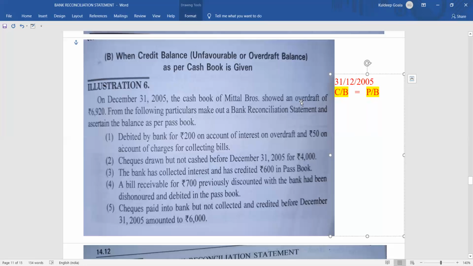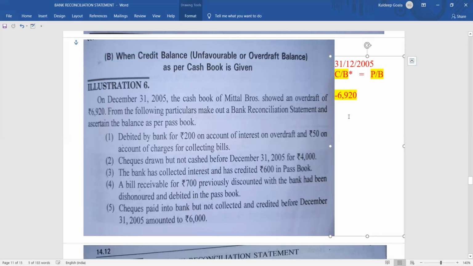Here our base, as we have already seen, is the cash book, and it is showing an overdraft balance. So let's make a star mark on the cash book. All the changes we are going to do in the cash book, right? This point is clear. It is the cash book where all the changes will be done. I'm stressing the cash book so that you can understand. Remember, it is the base. And remember what is shown? It is showing an overdraft balance of 6,920. So it is a minus balance. 6,920 rupees is the minus balance. We are going to start with the base of minus, right? I have just highlighted it for you all.